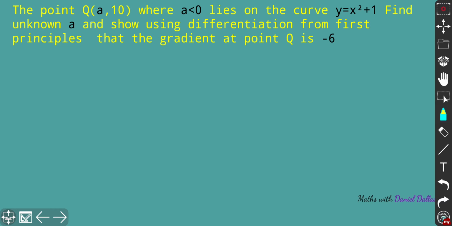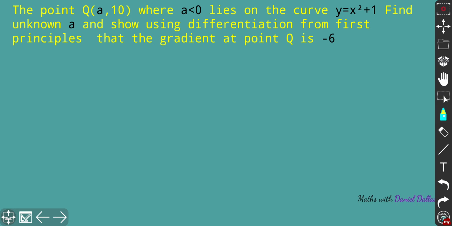So you have the point Q with coordinates a and 10, and a is negative. It lies on the curve y equals x squared plus 1. So you need to find the unknown a and show, using differentiation from first principles, that the gradient at point Q